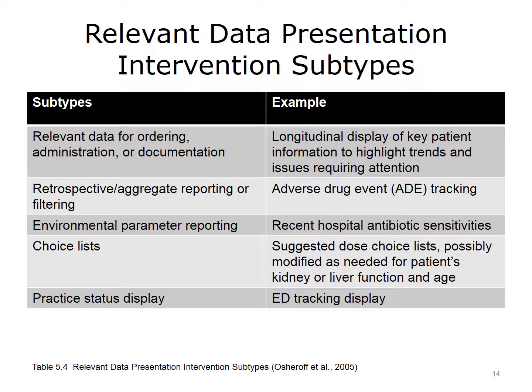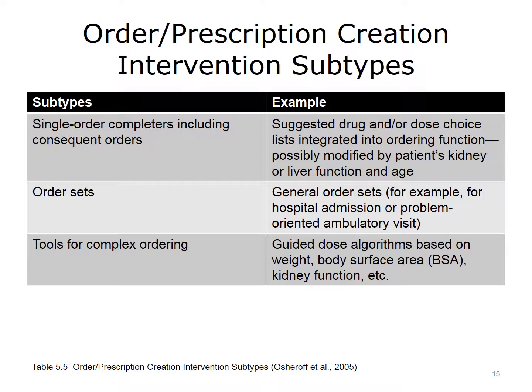The fourth row refers to choice lists as a subtype and suggested dose choice lists, possibly modified as needed, for patients' kidney or liver function and age as an example. The fifth and final row lists practice status display as a subtype and the example of ED tracking display. The benefit of order prescription creation facilitators is to promote adherence to standards of care by making the right thing the easiest to do. The subtypes and examples for the order prescription creation intervention, as summarized by Asheroff et al., are